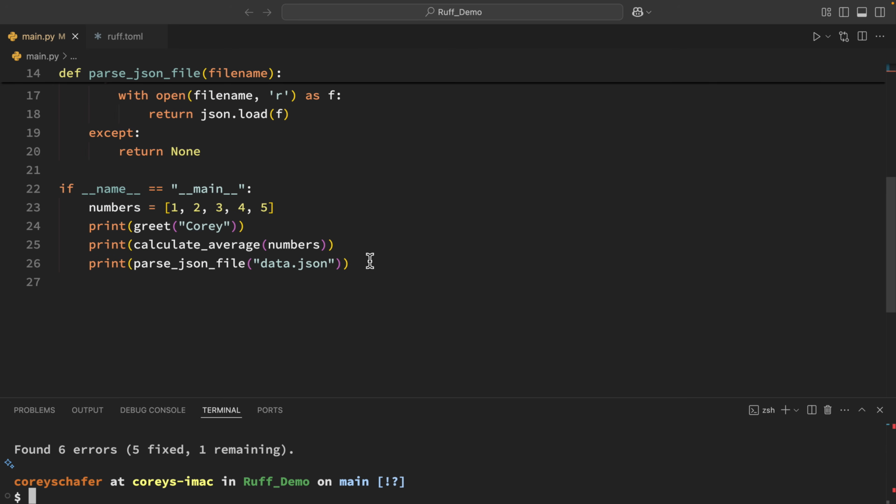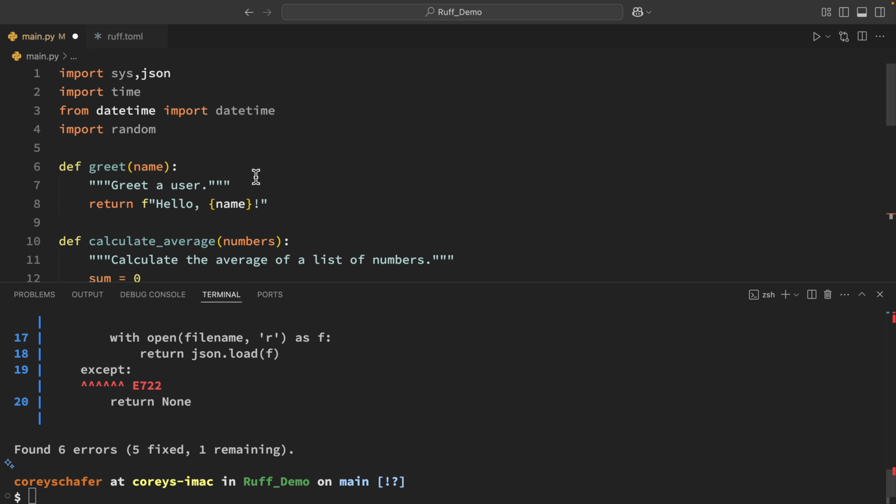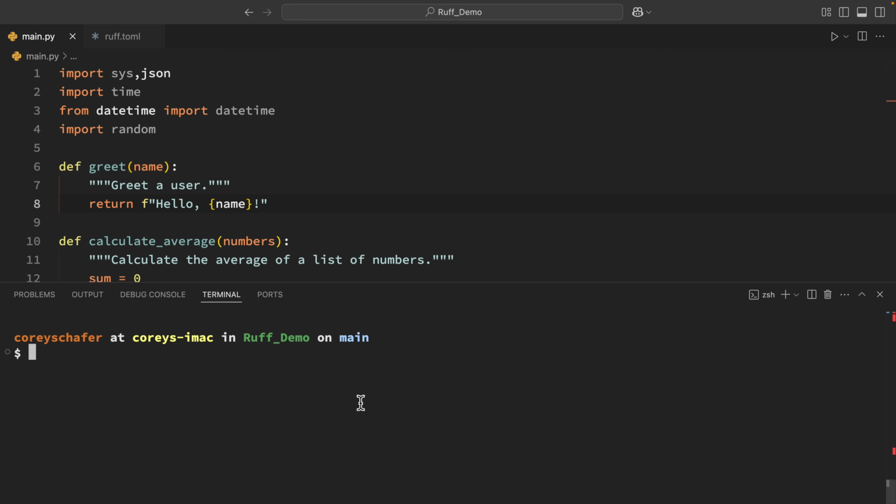Now, you might not want to fix the code automatically without knowing exactly what it's going to do. So let me undo those changes really quick. So I hit Control-Z or Command-Z on a Mac, and I undid those changes. And let me save those. And now let's go back and see how we can see the changes that it's going to make when it